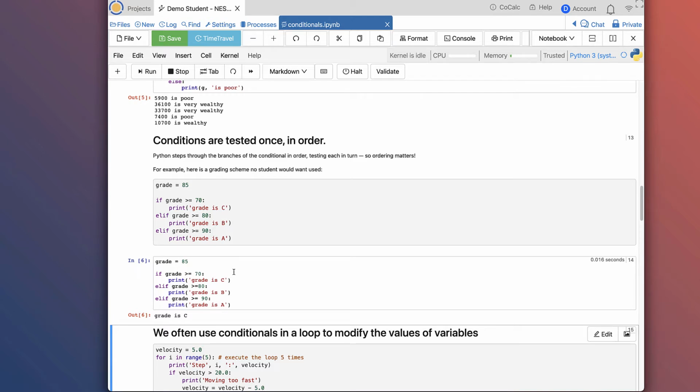But the way Python works with conditionals is it tests the statements in order, and as soon as it finds one that's true, it stops executing the if statement and it goes on. So in this case, if grade is greater than 70, well, that's true for 85. So we print grade is C. We never even look at those other tests because we already found one that's true. So the appropriate way to do this